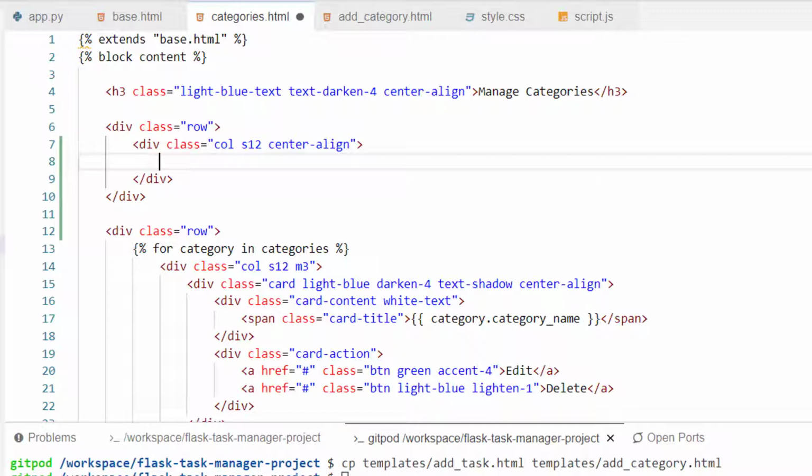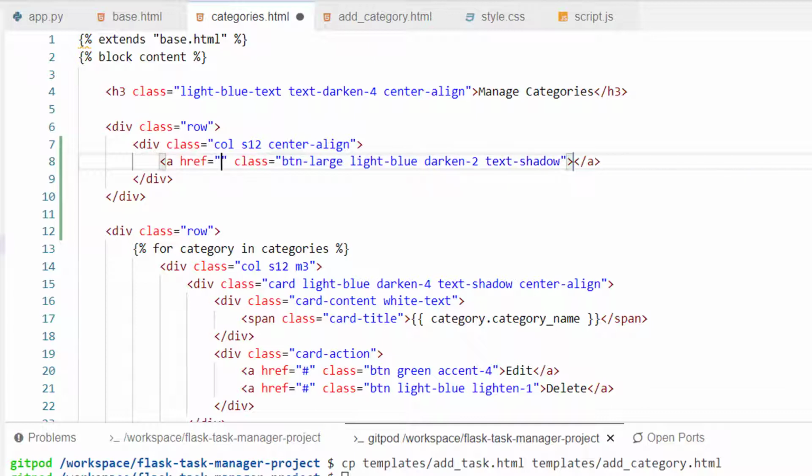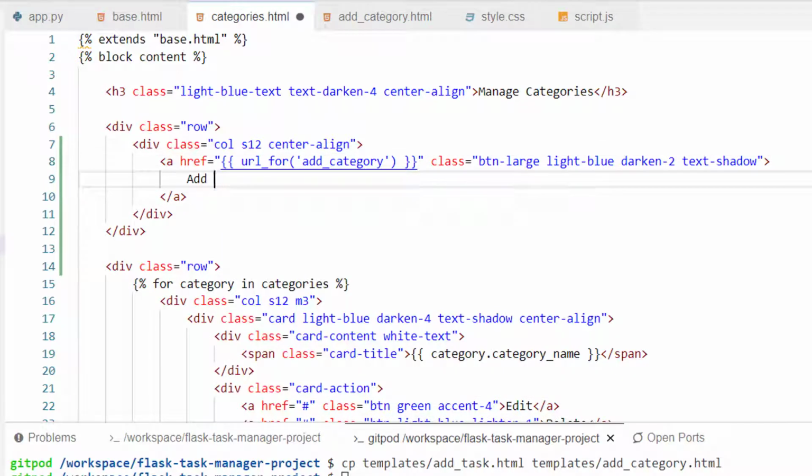We'll style a standard anchor link to look like a button and use the href to call our Python view. a.btn-large.light-blue.darken-2.text-shadow. The href will be the URL for our new function called add_category. The button text will read add category and have an icon sitting to the right.